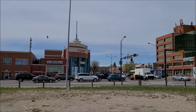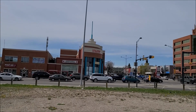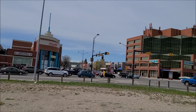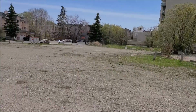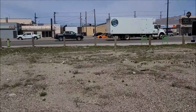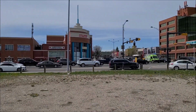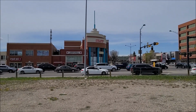But the Brick used to be right here, and I remember before they tore it down, it was a homeless shelter. It's been a patch of land since then, and I'm surprised no one has decided to build something here, another mixed-use apartment or condo. I'm sure maybe eventually there'll be one right here, or who knows, maybe the Brick will come back here, I don't know. But that's all I have to reminisce on this corner of 16th Avenue and Center Street at this edge